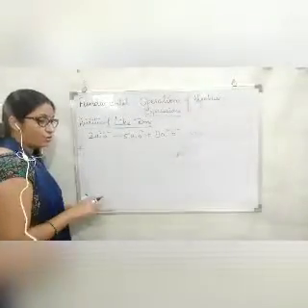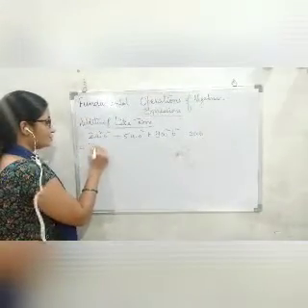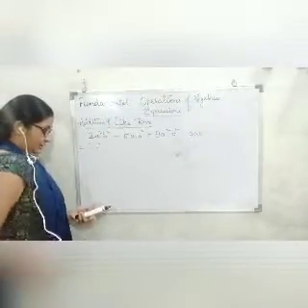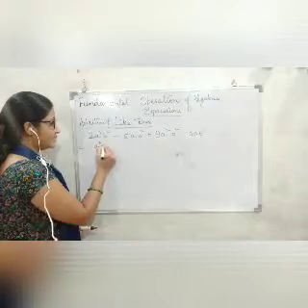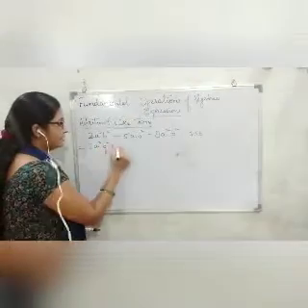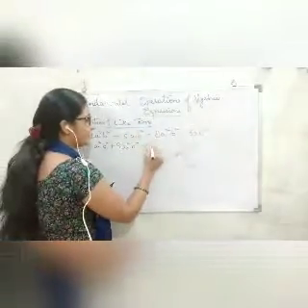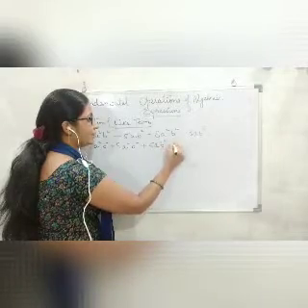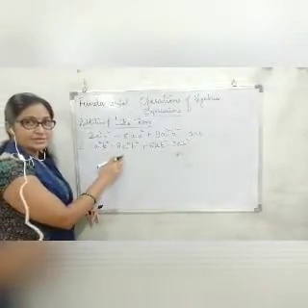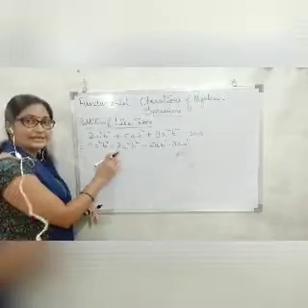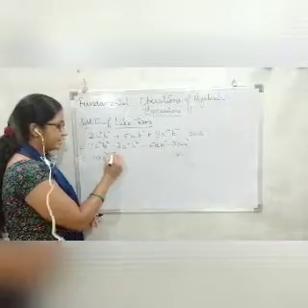Now how are we going to operate them? Let's have a look. So 2a square b square, I am writing along with this, plus 8a square b square. I am simply interchanging their places along with their signs, so it won't make any change in the question. Now 2 plus 8, these two are like terms I have written together. So 2 plus 8 gives 10. So it comes out to be 10 and the variable remains as it is, a square b square.